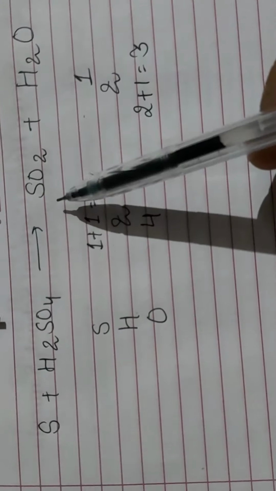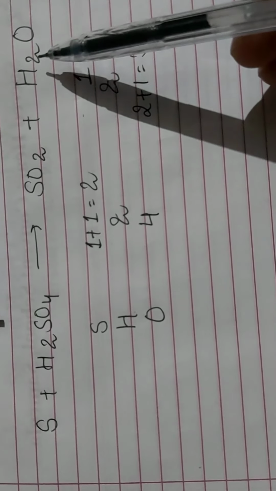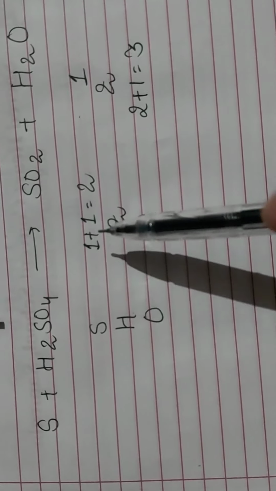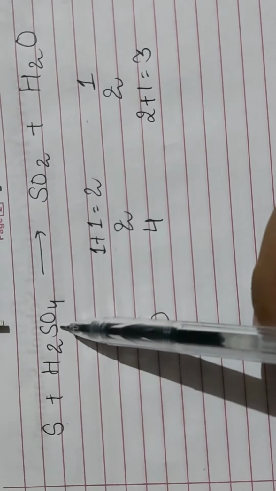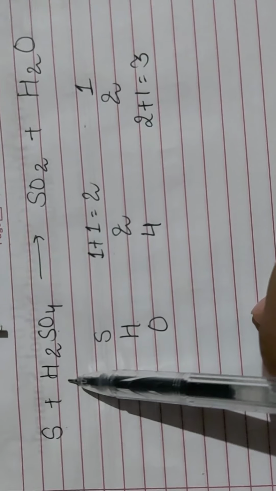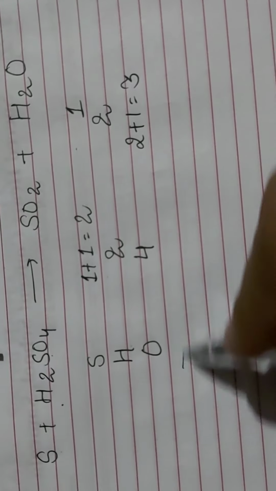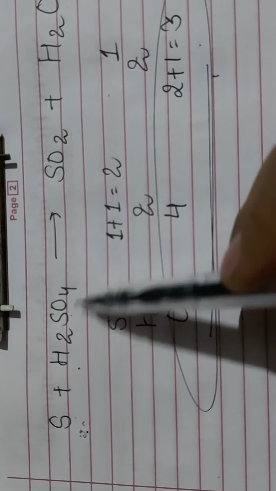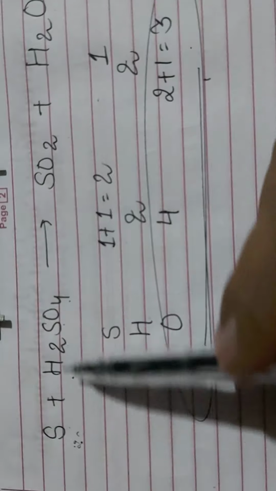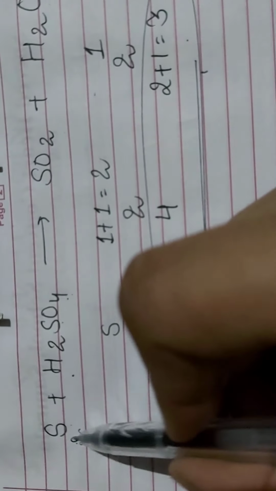Now see this H part. Sulfur plus sulfuric acid changes into sulfur dioxide and water. We have written here the number of atoms on both sides. There will be one problem, as sulfur is given in 2 parts. So we will take their addition as an even number, not an odd number. So first of all we will balance this oxygen. This side 4, this side 2 plus 1 3. So first of all try to convert these both sulfur into even numbers. Suppose you are multiplying here by 2.